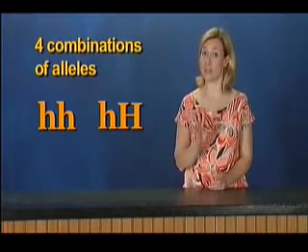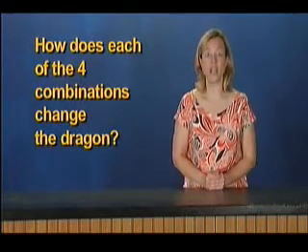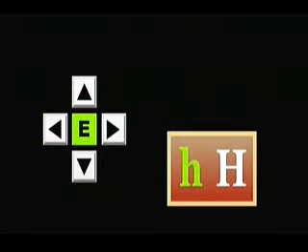Now it gets interesting. For each gene, 1 allele comes from the mother and 1 from the father. That means the dragon can have 4 combinations of alleles for the horn gene. Why don't you investigate how each of the 4 combinations changes the dragon? Pressing the Enter button on the remote control changes an allele from one form